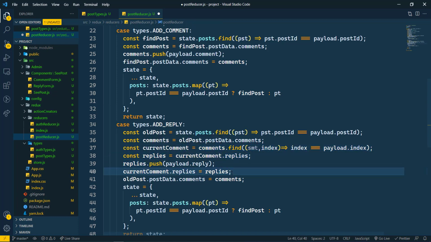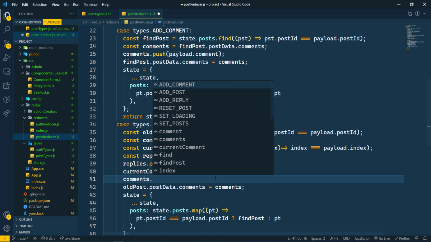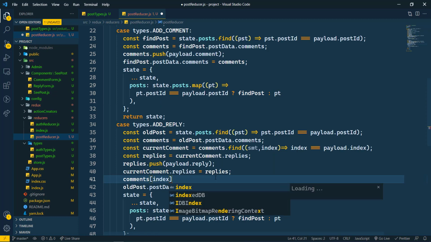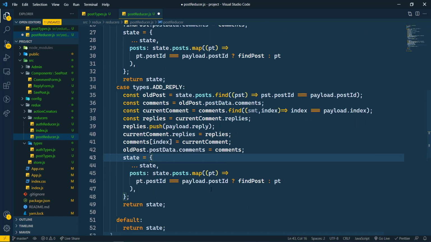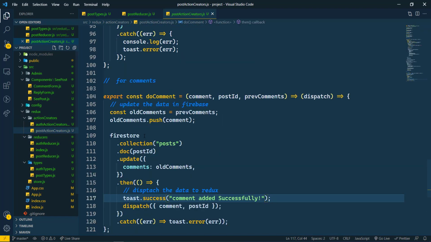So how we can do that? So just we are getting the index here. So here I'm going to write comments dot index. So like this, comments index is equals to this one, current comment here. Now comments we have also uploaded here, then comments to these comments here. So this thing will be same. Save this. Now let's go to the creators here, action creators, and